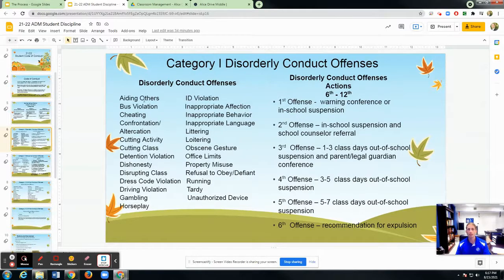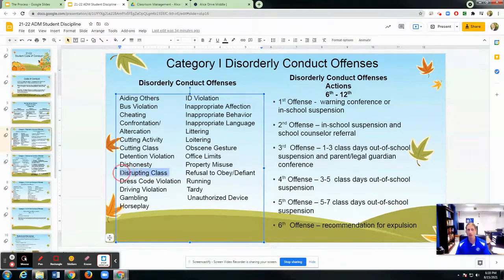This is for the lower level offenses that are the disorderly ones. For the most part, we're talking here about disrupting class, sometimes horseplay, could be a refusal to obey, defiance, but the most common one in this case is the disrupting class. That's what this is mostly for.